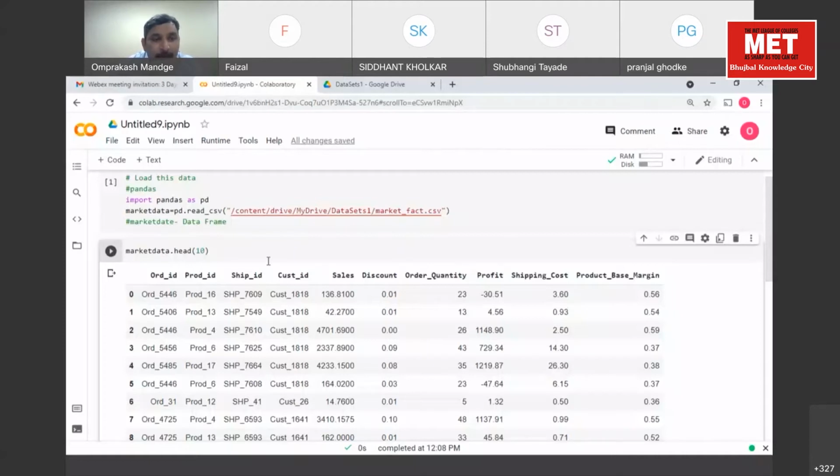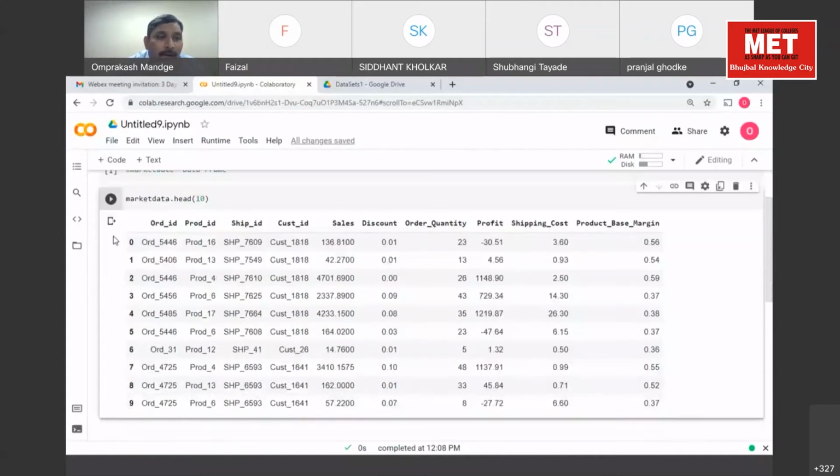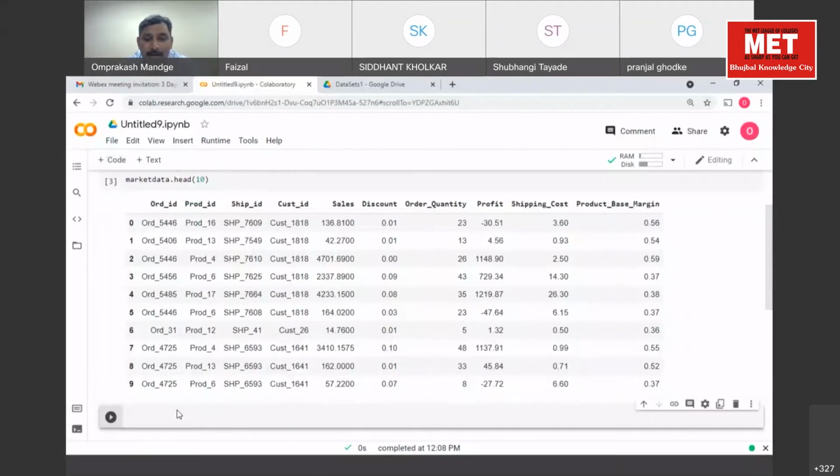Let's find out how many rows are there in this particular data set. I'm clicking on plus code again, and now typing market data dot tail. Now tell me what will be the output.